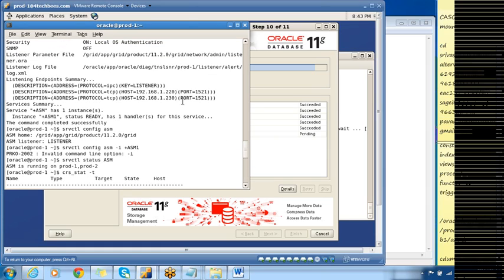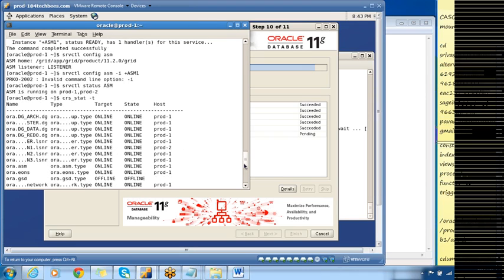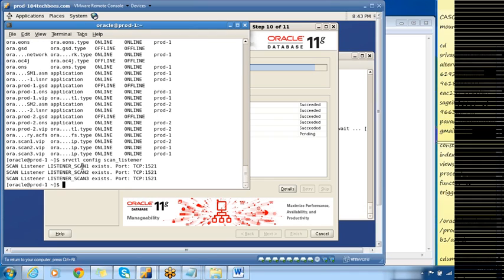You can also see here the local listener is also running on port 1521. But the host names are different. Here the host name is 1.220, but here the host name will be different, which is listener_scan1 will point to the scan IP. So as the IP addresses are different, you can have multiple listeners running on the same port.